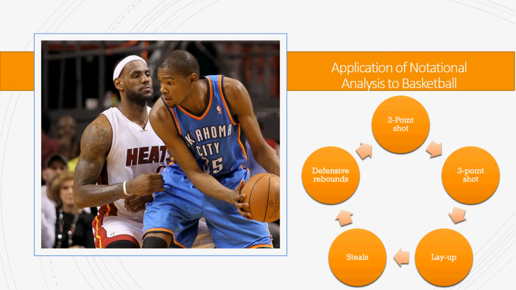Applying notational analysis to basketball, I've decided to watch the position of a small forward as they perform a wide range of skills in the game of which other positions don't. The skills I've chosen to watch for are 2-point shots, which are shots inside the 3-point line and used to score points, 3-point shots, which are shots taken from anywhere outside the 3-point line and are used to score points,